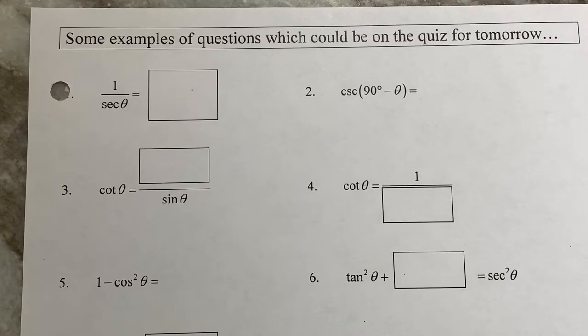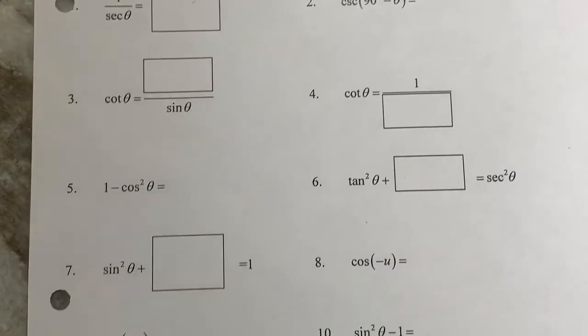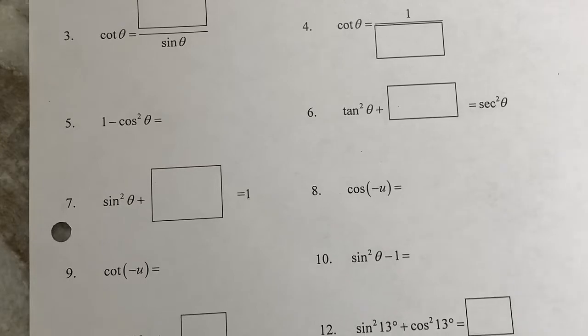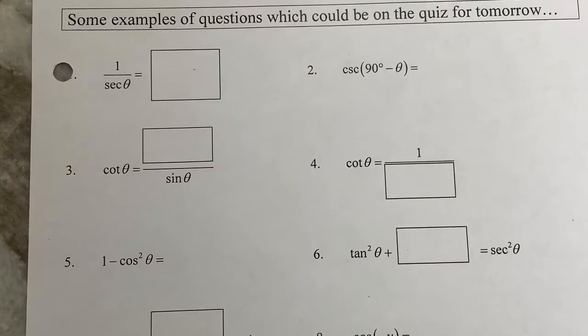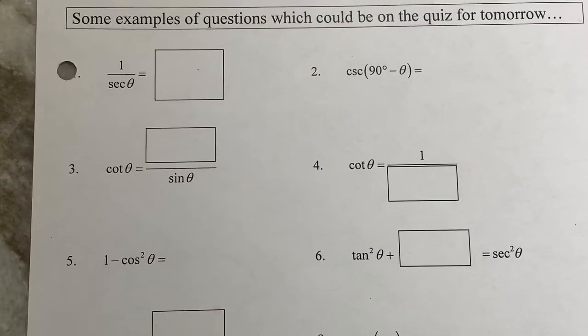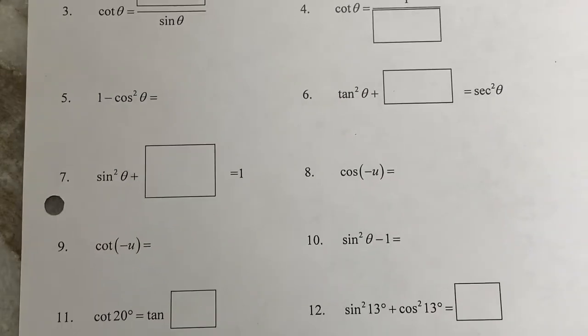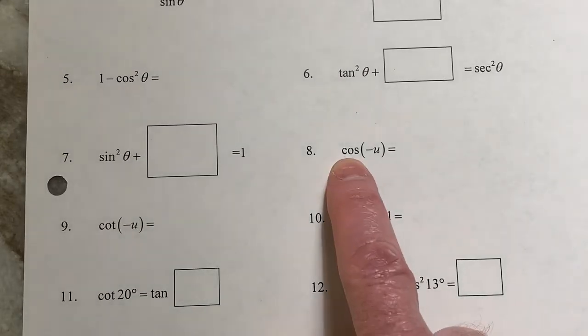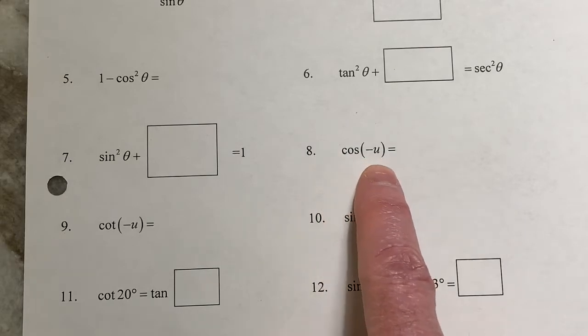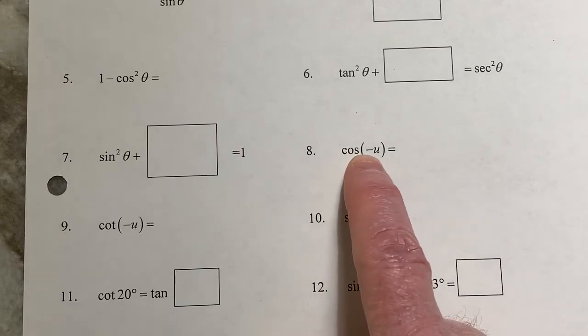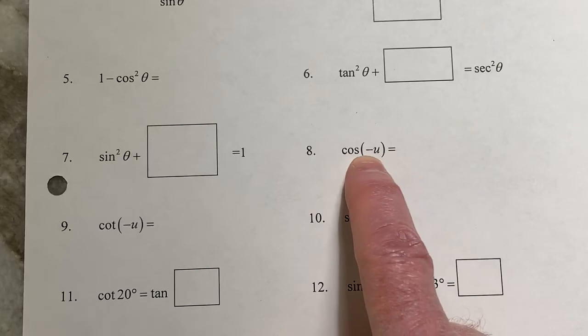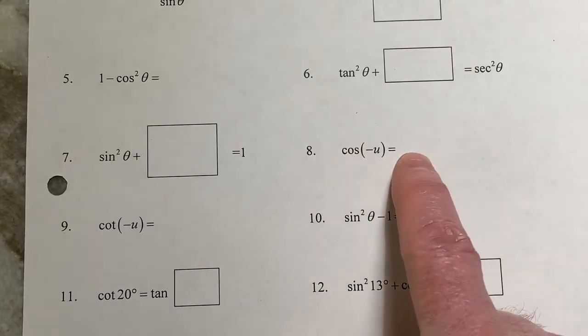So again, yes, you might need to know how to do all of these, and hopefully you can, but you're going to have your identities sitting in front of you, all right? So these are just examples of fundamental identities that are on there that you could do. Like for instance, remember this one, the cosine of the negative angle? Remember with cosine and with secant, because they're even, you can basically just throw the negative away and write cosine